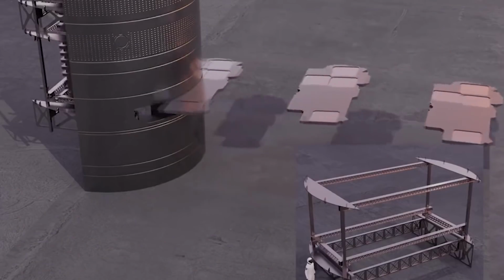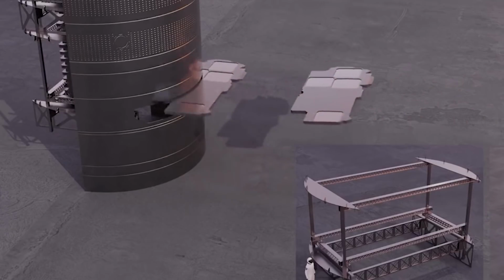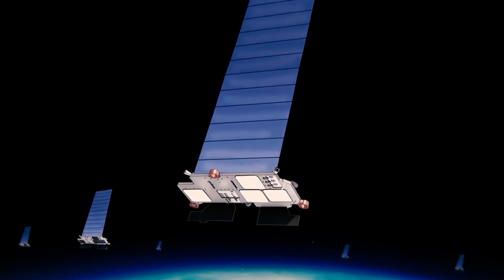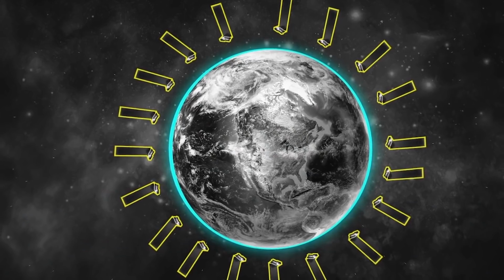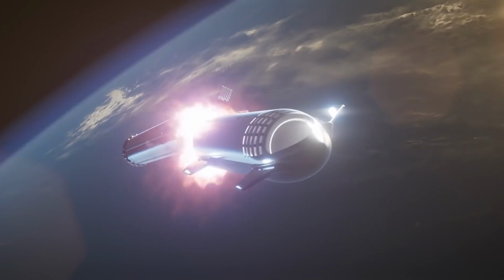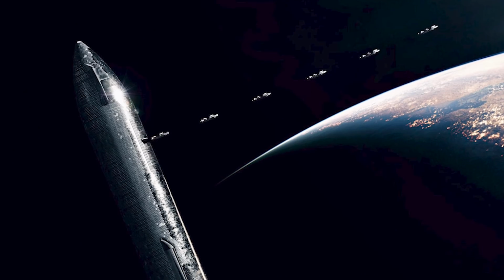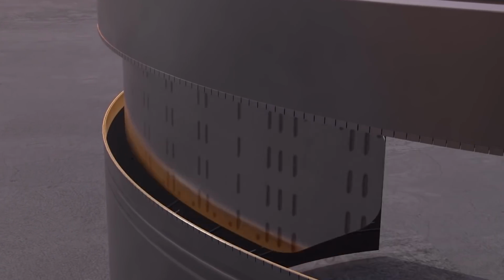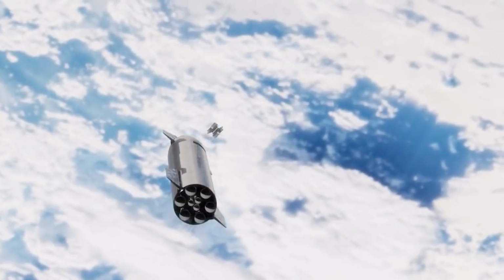Eventually, that dispenser would be filled with a stack of an unknown number of Starlink satellites, likely larger Starlink V2 prototypes, but possibly today's smaller version 1.5 satellite variant. When the Starship gets to orbit, the stack of satellites would be ejected one by one through the payload slot. The satellites could be fed down to the slot with a tension mechanism or Starship's maneuvering thrusters, which will significantly